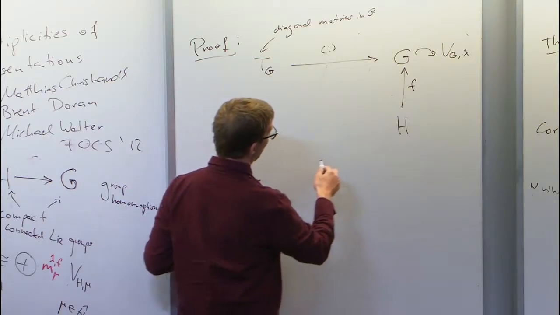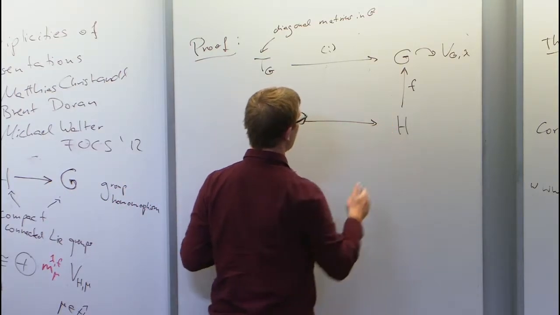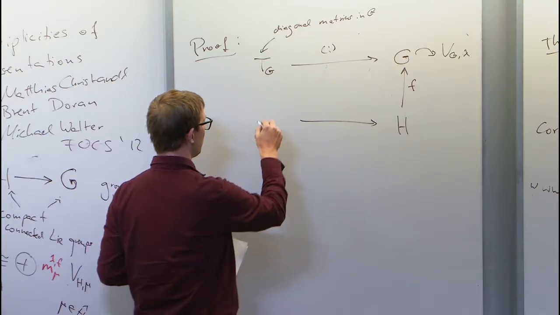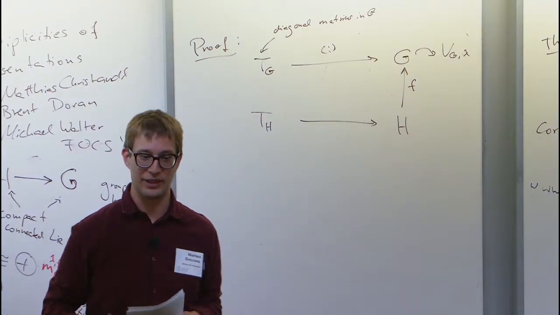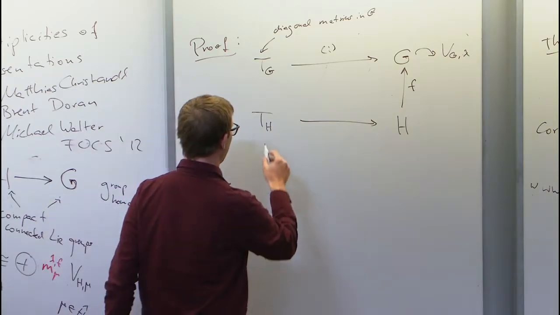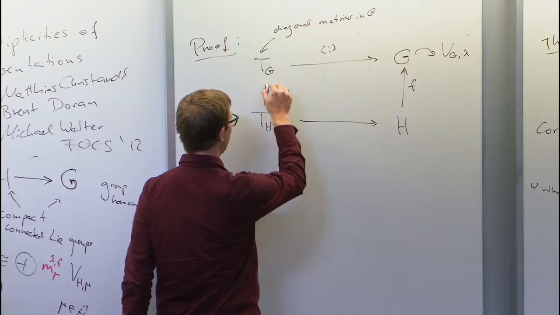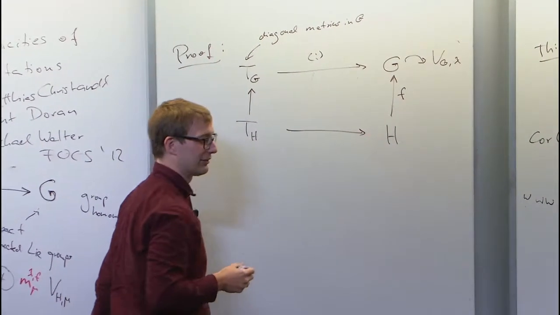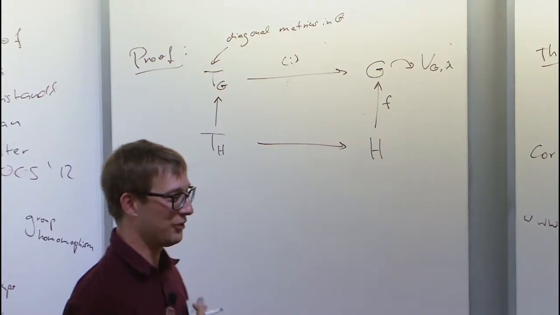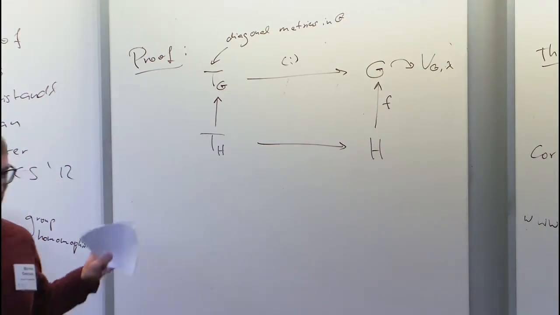And then for H, we can also choose such a maximal torus. And if you're sort of a Lie group person, then you make really sure that this sits inside here. Okay, we're going to choose TH so that it's a subset of TG. I always thought this was sort of obvious, but